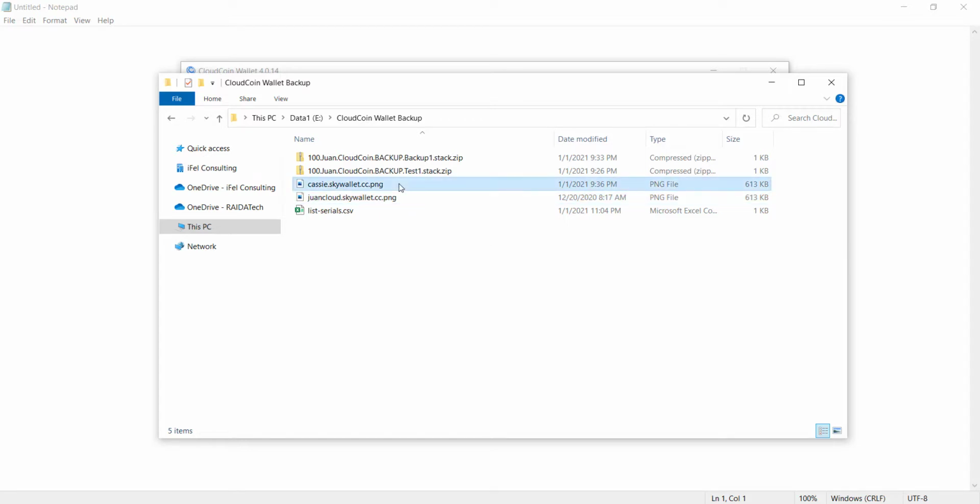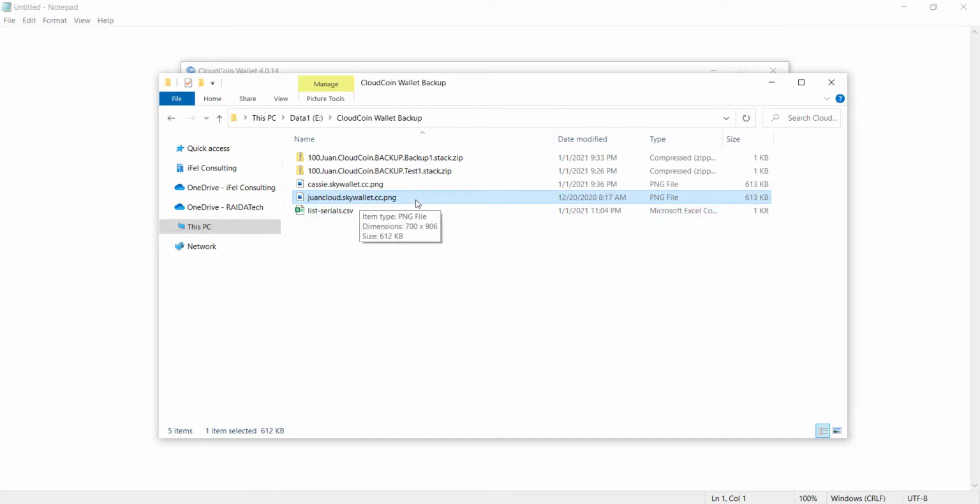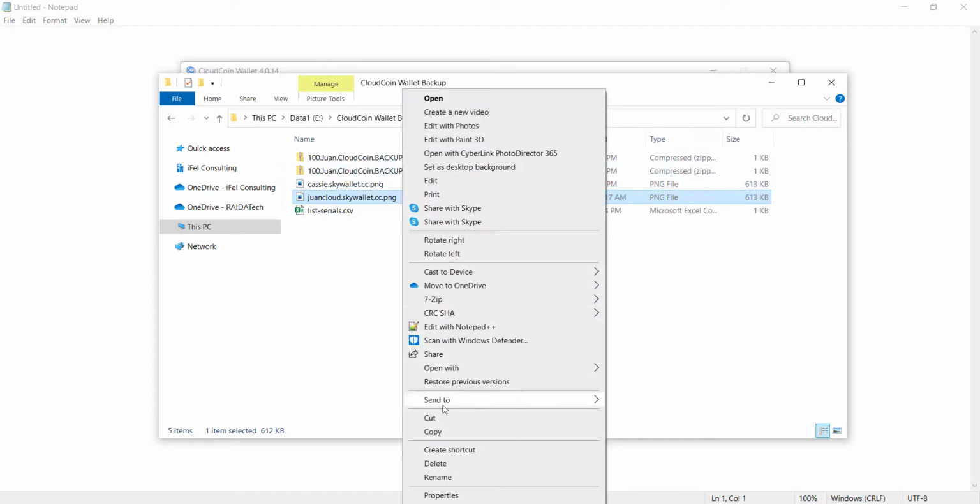In my example, my Skywallet ID coins is backed up to my CloudCoin wallet backup folder. So something like this one. You will see onecloud.skywallet.cc. In my example, I'm going to restore the Skywallet onecloud.skywallet.cc. Okay, so all you need to do is just copy this file